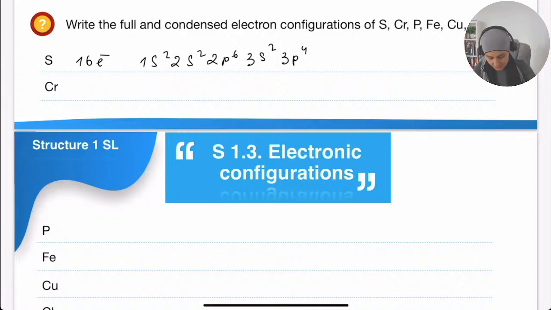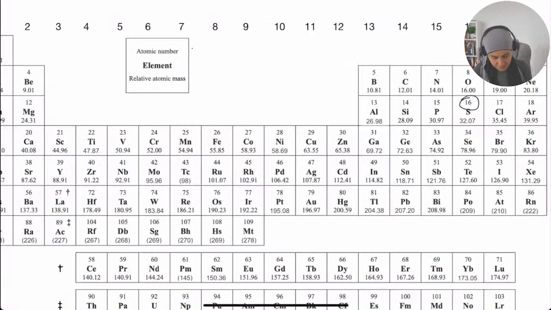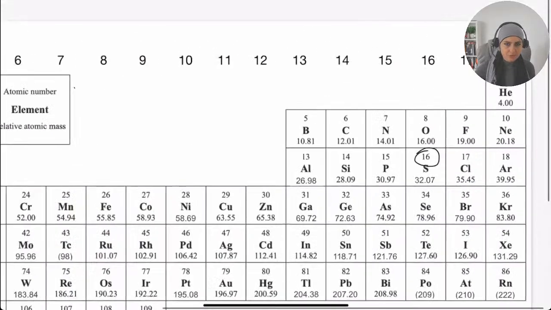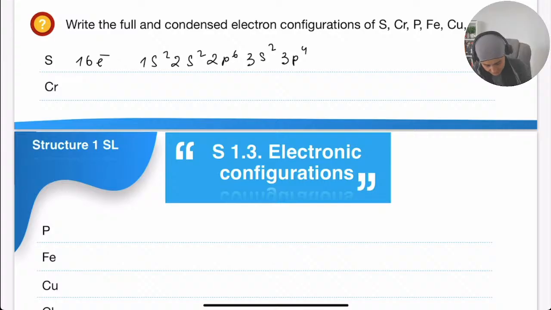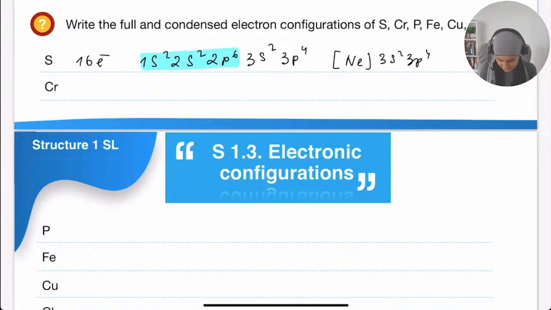Then to write down the condensed configuration, I have to substitute part of the formula with the noble gas. So I go back to the periodic table. Sulfur, there it is. The closest previous noble gas is neon with 10 electrons, which you cannot see because I'm blocking the view. There it is. So I would substitute the first 10 electrons with neon in the square brackets. So the first 10 electrons are these. So that becomes neon,